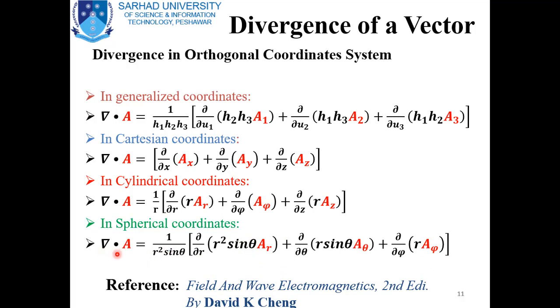By replacing these parameters in the generalized coordinates, we will have the divergence of vector A